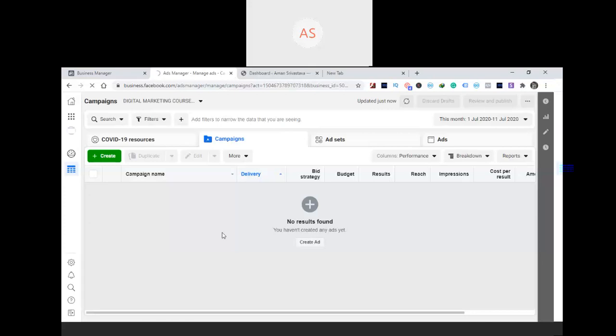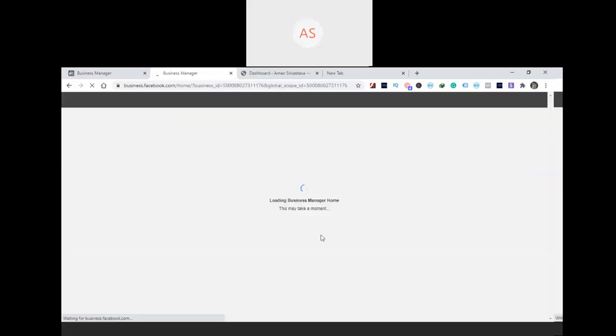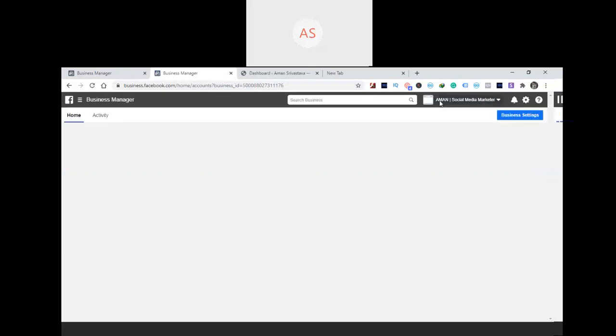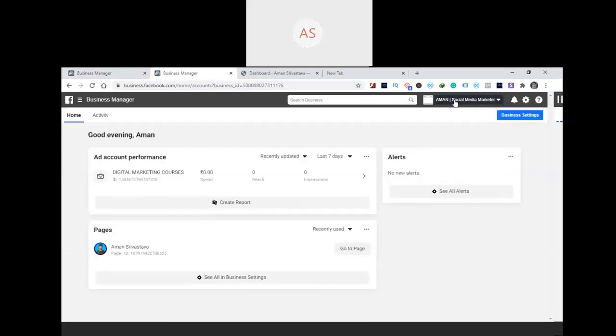You have to go to the home page of your Facebook business account, whichever you have created, like this one. Yeah, this is my ad account. This is my business account. And now all I have to do is click on business settings.